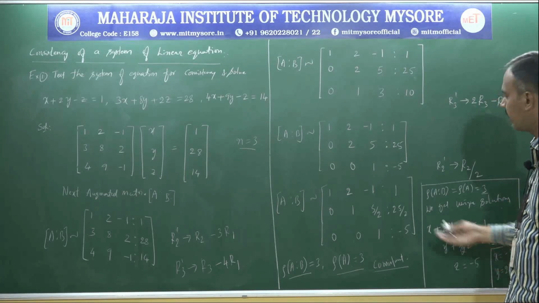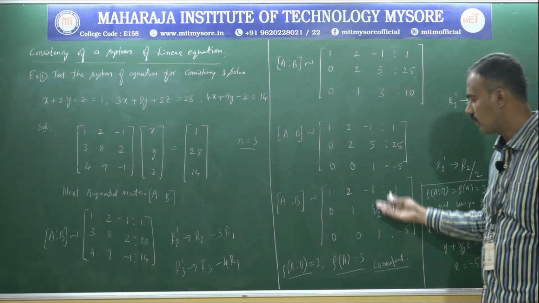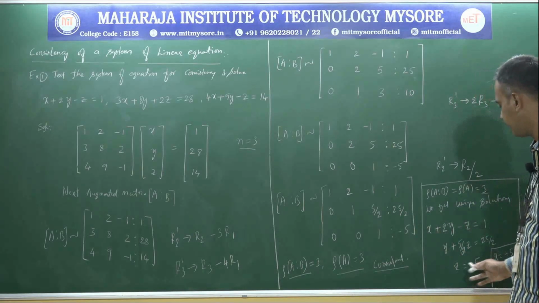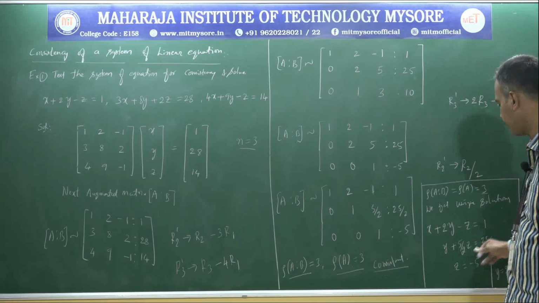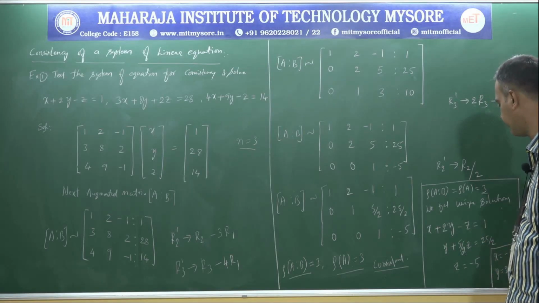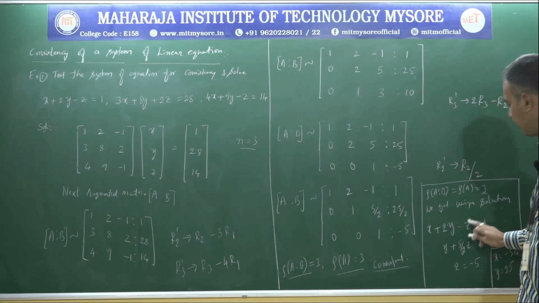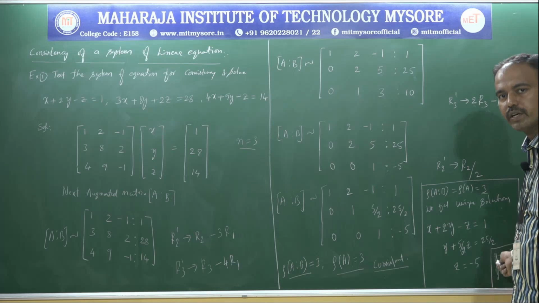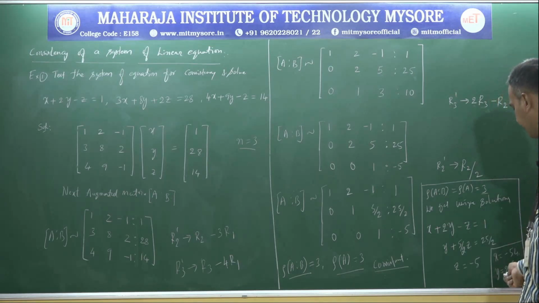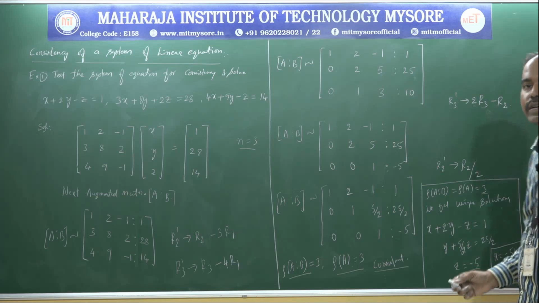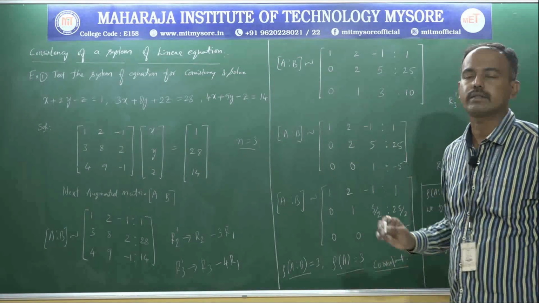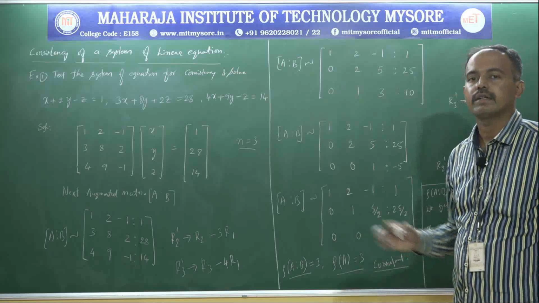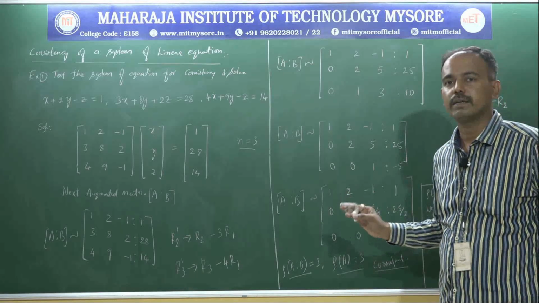Now, how do we obtain the unique solution? In equation form, z is equal to minus 5. Substituting it, after simplification we get y is equal to 25. Now substituting y and z, after simplification we get x is equal to minus 54. So x is minus 54, y is equal to 25, and z is equal to minus 5. That is why we get a unique solution for this type of system of 3 equations. That is the important thing here.